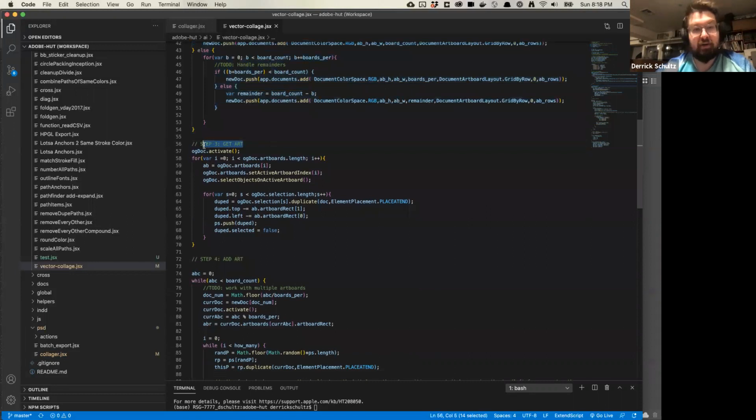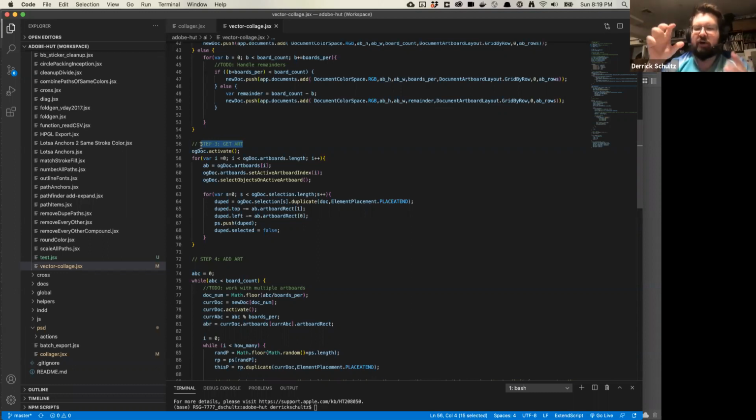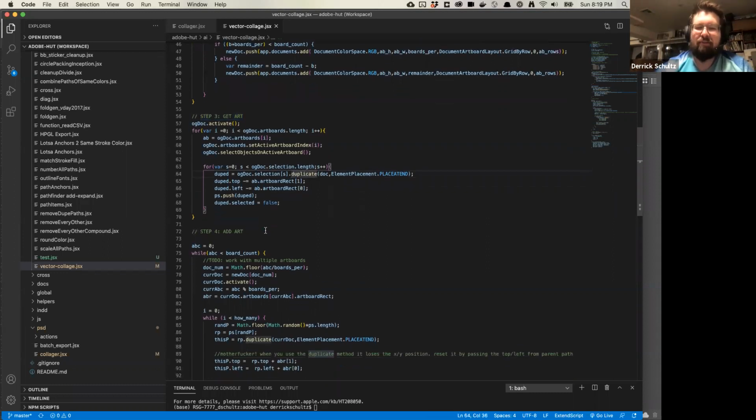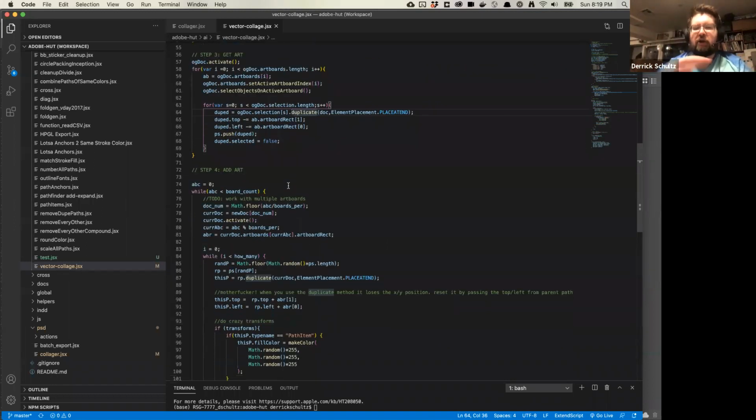Step 3, we're going to go in and get the art on each artboard. Here again, this is where I ran into an issue: Illustrator doesn't think about art on artboards. It thinks about art in a document, with artboards along the side. So what you have to do is activate an artboard, select all of the art in that artboard, and then copy it. This can get very, very complicated. Then basically we're going to stick that in an array. If you're not familiar, an array is just a list of things. So we're going to take all of the individual pieces of art in that first artboard and stick them in an array to hold, and then we're going to eventually loop through all of our art and randomly pick one of these things and apply it. So that's what this step does.